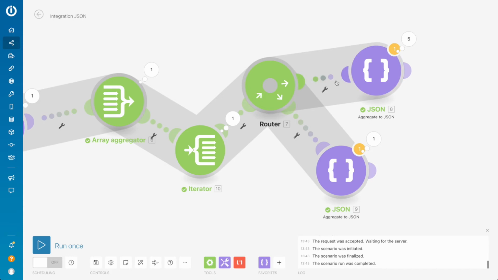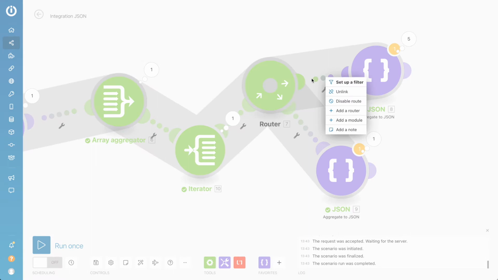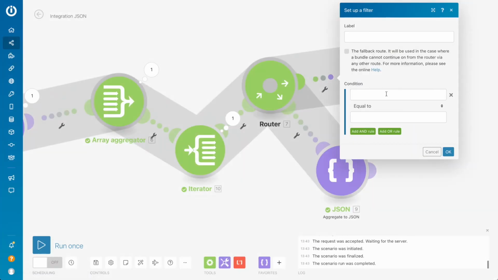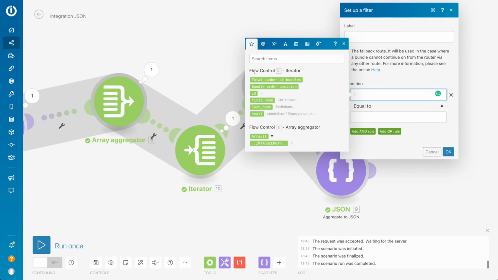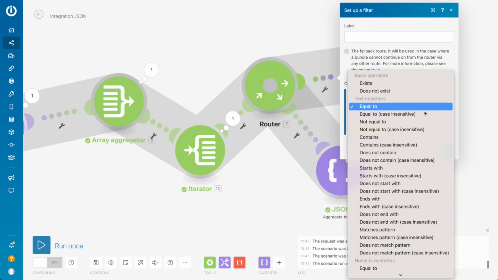the IDs, and now this router should filter between these IDs and tell which ID, which item with which ID goes where. So for this we click on this link on this line, and we set up a filter here. So the condition would be, now we take the flow control iterator, now we take this ID, and